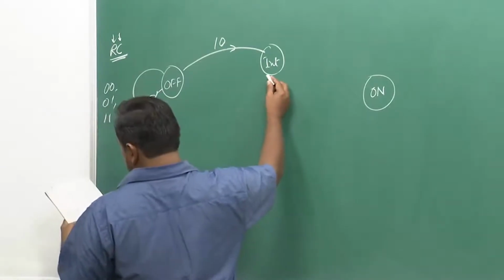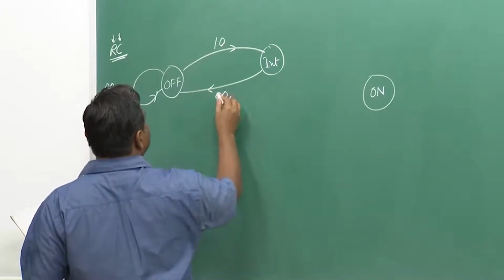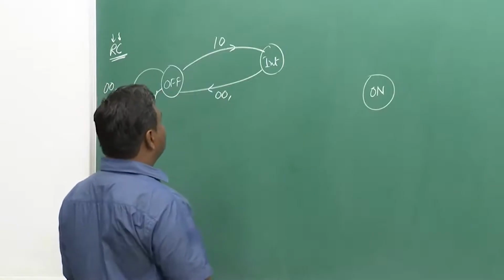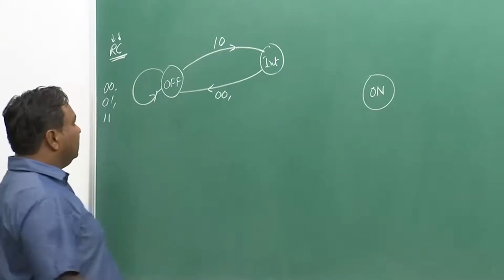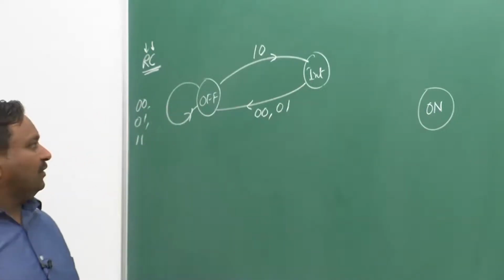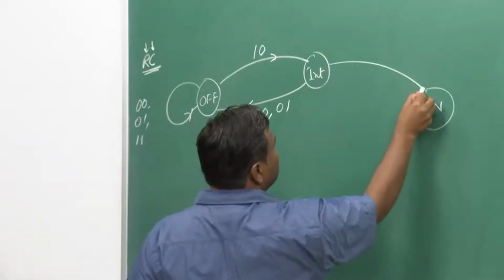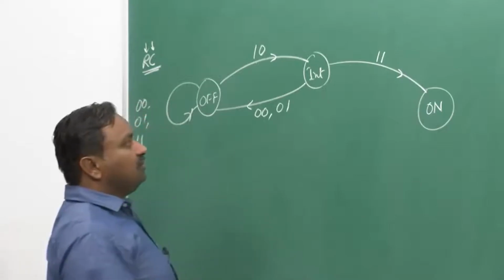Of course, when it is in the intermediate state, if R goes back to 0, so you have 0 0, or 1 0 directly moves to 0 1, in that case it will come back to the off state. It can only go to the on state when after this the column also goes up,